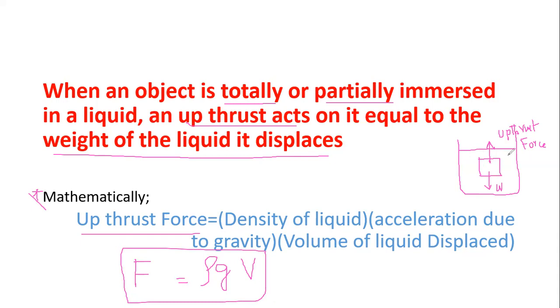So what is the force and what is the upthrust force? Basically, upthrust force is the reaction of weight, or the force applied due to acceleration due to gravity, which is also weight. So it is the reaction of weight known as upthrust force. So we have to find the relation between force and weight, and then compare both values to find the value of upthrust force.